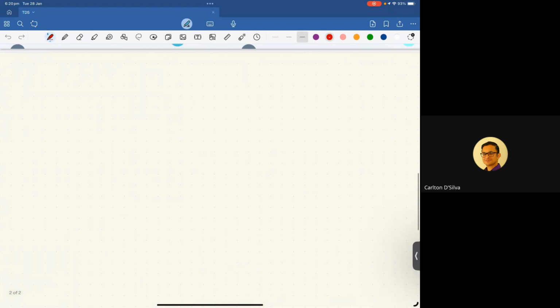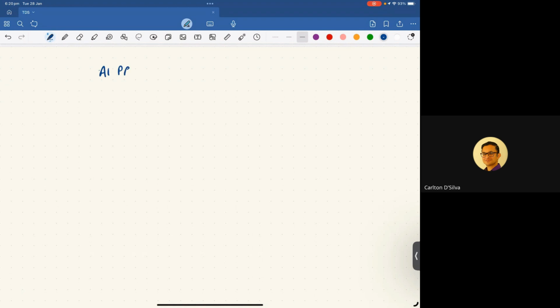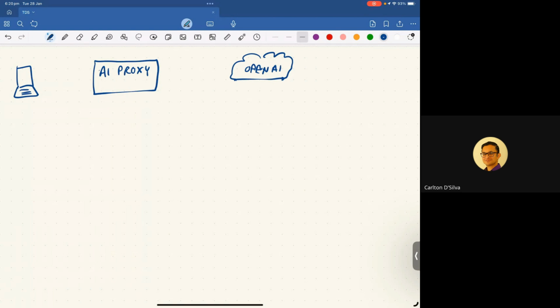Okay, so just to, I think someone was asking what this was. So here's the AI proxy, right? This is your computer here, and this is OpenAI,